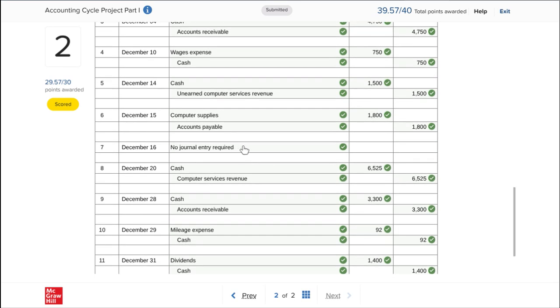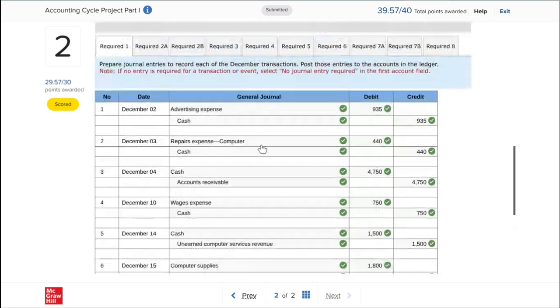On December 16th, there was no journal entry because a reminder was sent to Gomez Company, so there was nothing to put. And then